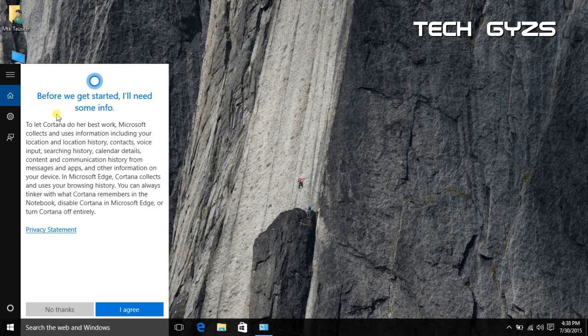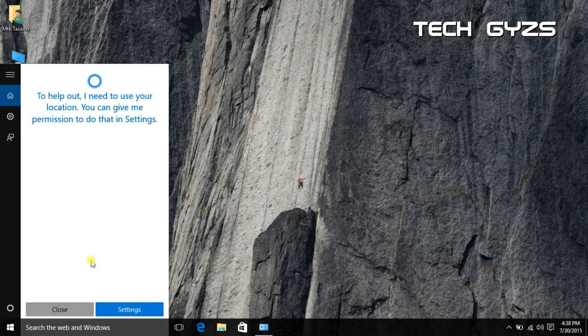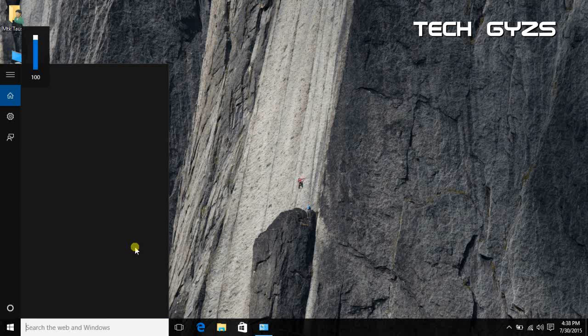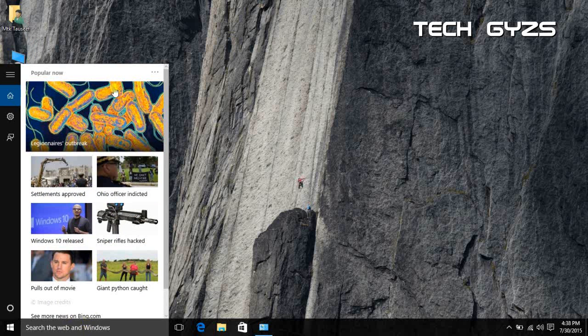Now click on Cortana. When you are using Cortana for the first time, it will guide you on how to access Cortana and how to work with it. The first thing that you need is that Cortana requires your nickname to communicate with you. Before we start, you'll need something. Yes, I'm saying that Cortana will require your nickname. As I have already used Cortana on my Windows phone, I'll take a little bit of time to type any name.